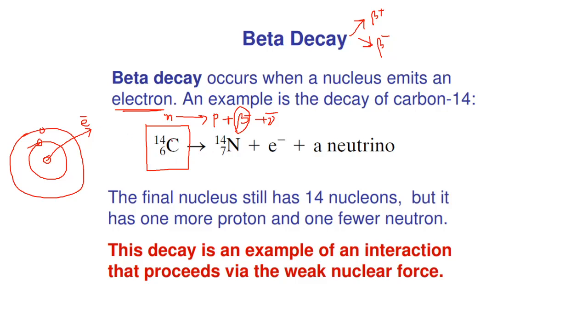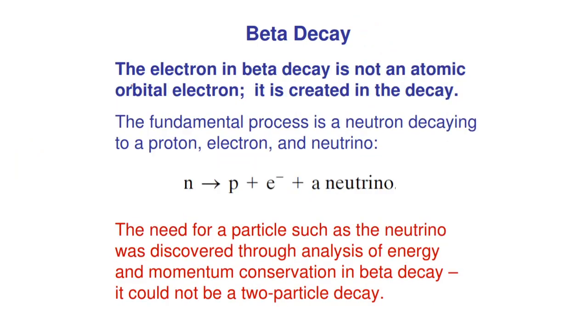Fine. So as you can see, C14 has more neutrons, so it has converted one of its neutrons to a proton. So the proton number has increased by 1 over here. So this N14 is the new daughter nuclide, which is more stable, and along with it an electron and an anti-neutrino are released. Fine. And this electron that is being released over here is not an atomic orbital electron. This electron is created because of the decay process. It's not related to the atomic electrons.